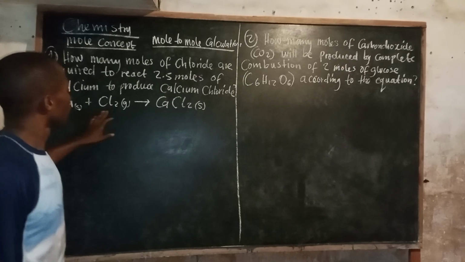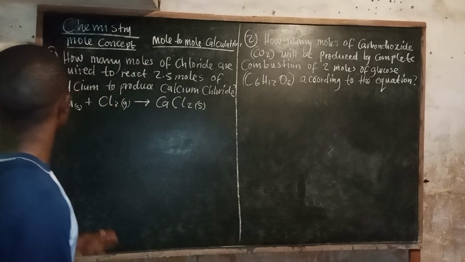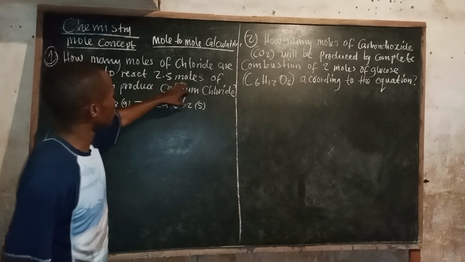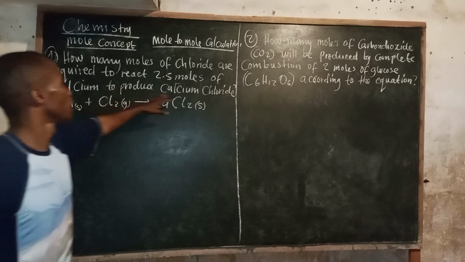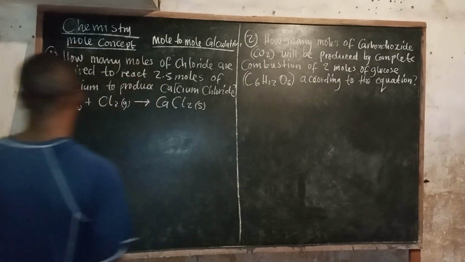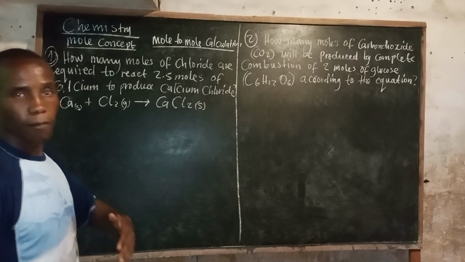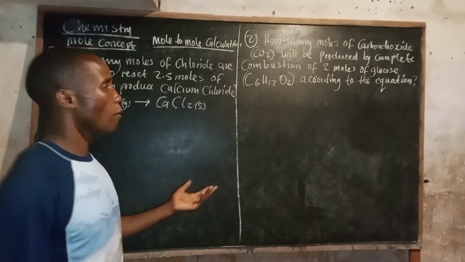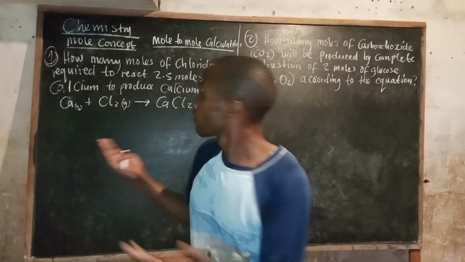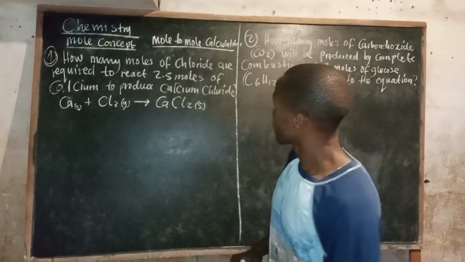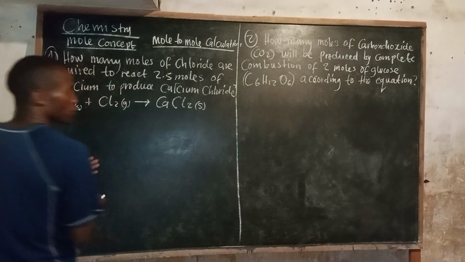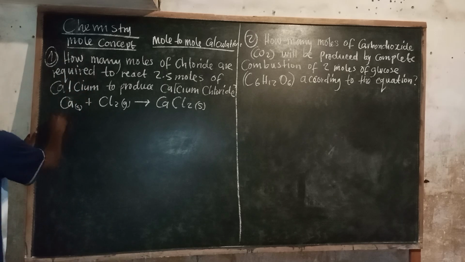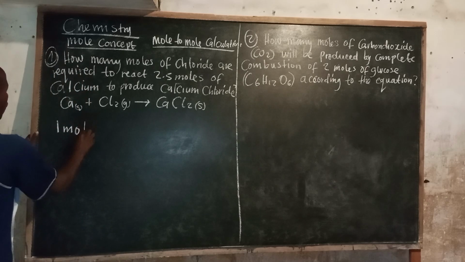Okay, so now how are we going to calculate the moles of chlorine that are required to react 2.5 moles of calcium to produce calcium chloride? So what we are going to say, remember where we are coming from. We talked of the moles, how many moles are in one element, one compound, molecule. We looked at that. So now, for us to answer this question, we'll say one mole of calcium